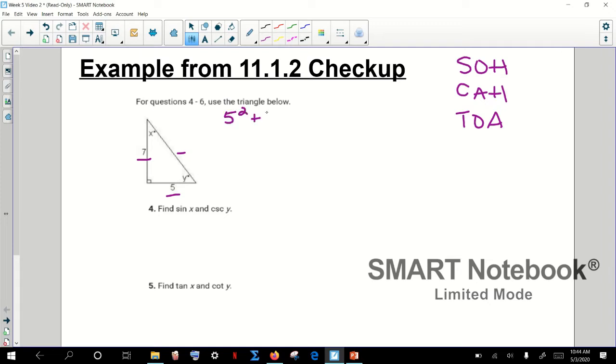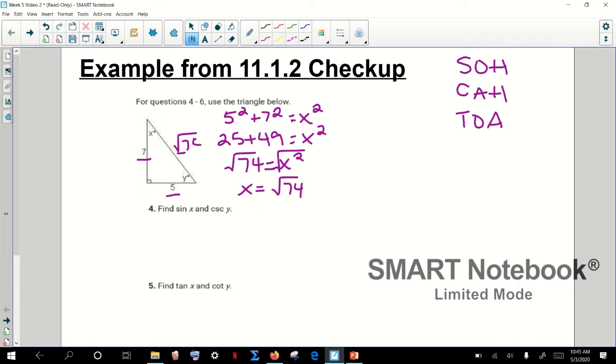5 squared plus 7 squared is equal to x squared. And remember, Pythagorean theorem can only be used with a right triangle, right? So 25 plus 49 is equal to x squared. 25 plus 49 is 74. So if I want to get x by itself, I have to take the square root of both sides. So x, or our missing side, is equal to the square root of 74. So now we have all three side lengths,